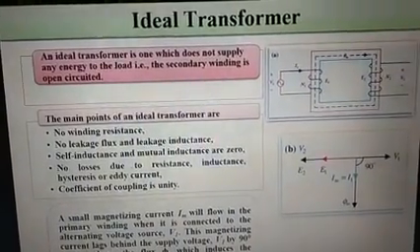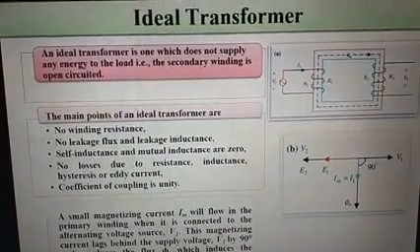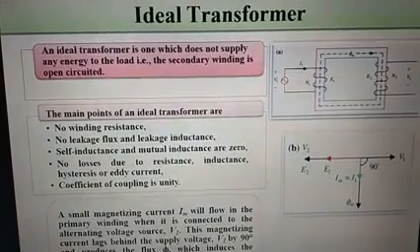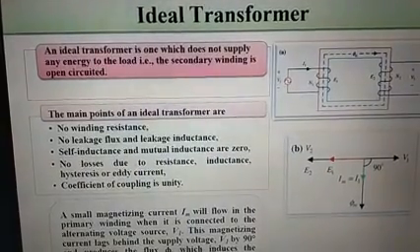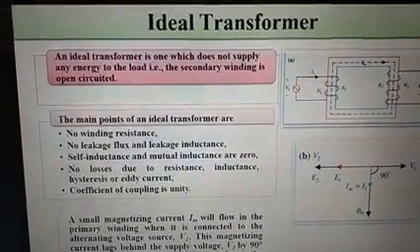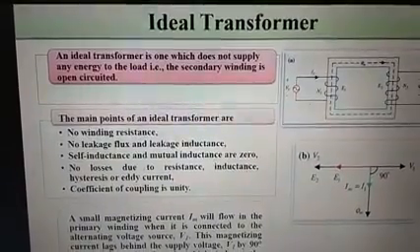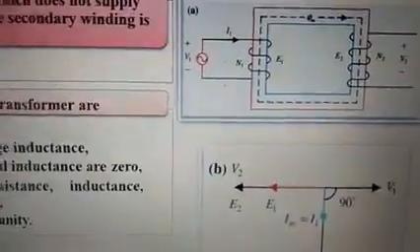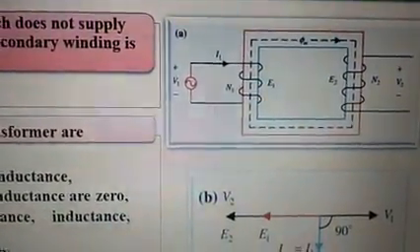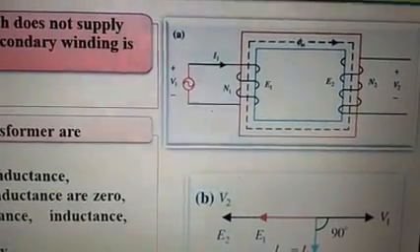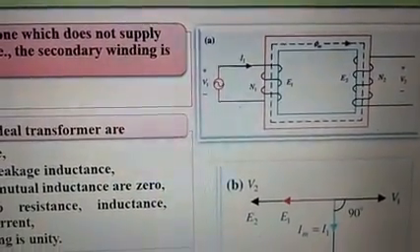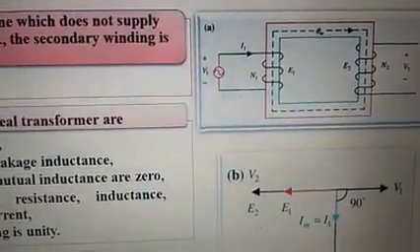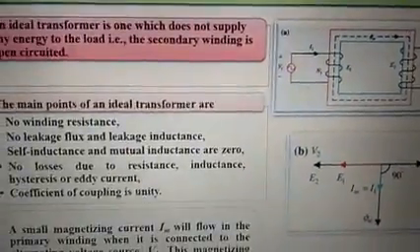The next topic is the ideal transformer. So an ideal transformer is one which does not supply any energy to the load. It means the secondary winding is an open circuit. You can see here the secondary winding is open circuited. So this is the first condition. Secondary winding is open, so there is no load. It is a no load transformer, and